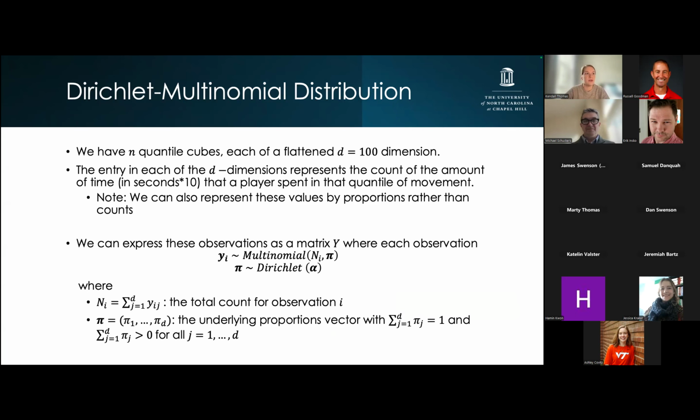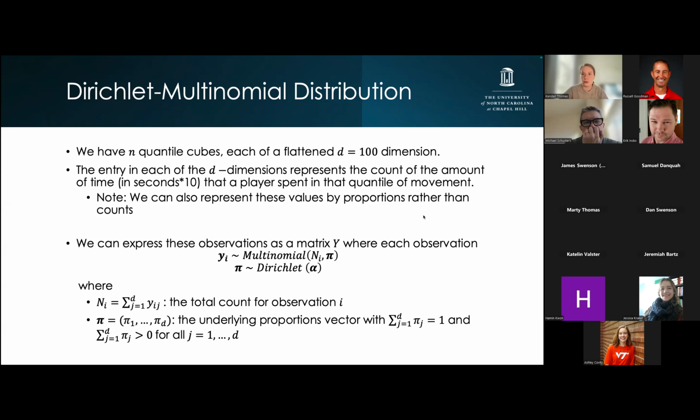If you're not familiar with this distribution, basically a multinomial is often used to represent counts, and the probability is the probability of being in that specific triangle in our case. However, when we add the Dirichlet to our multinomial distribution, we allow those parameters, or the probabilities of being within each triangle, to be represented differently by certain covariates, such as the amount of time they played, the position of the player, depending on how specific we want to get, because we don't think it's a very accurate assumption to assume that all players move with the same probability of being within each triangle.